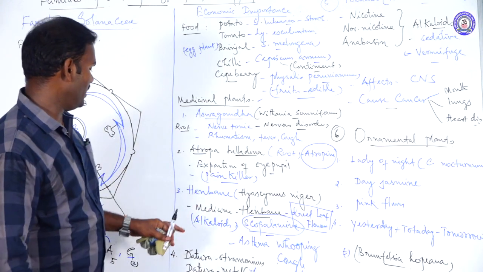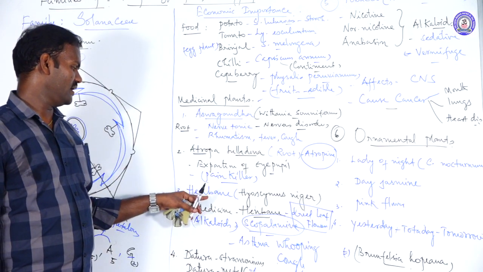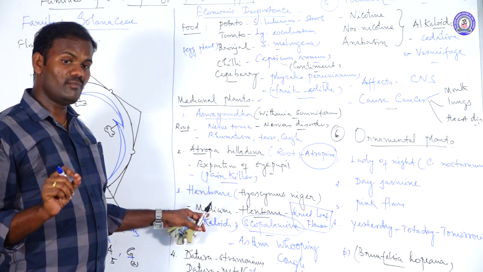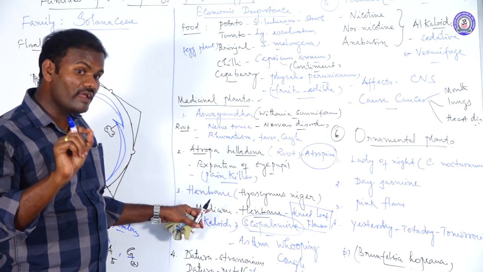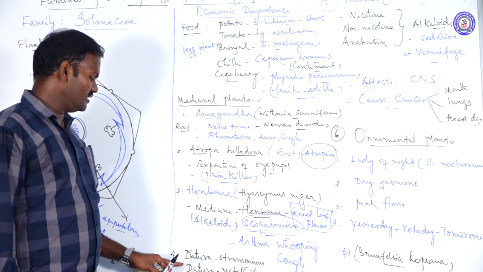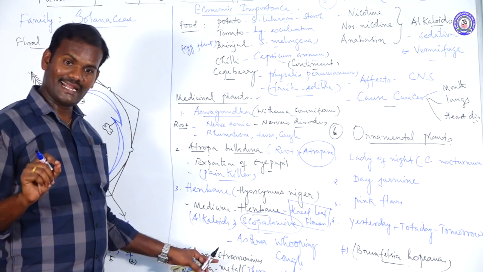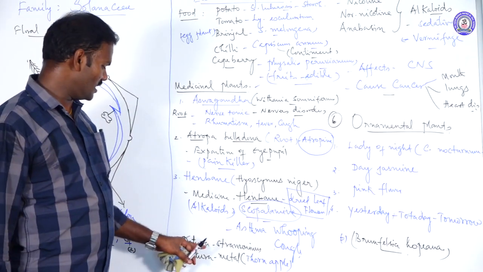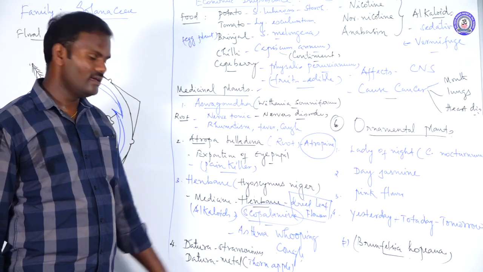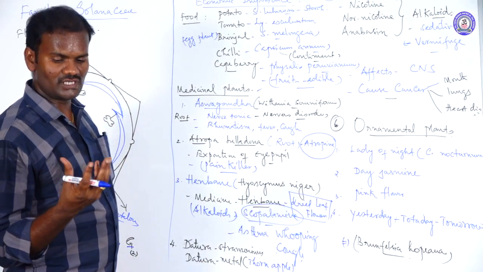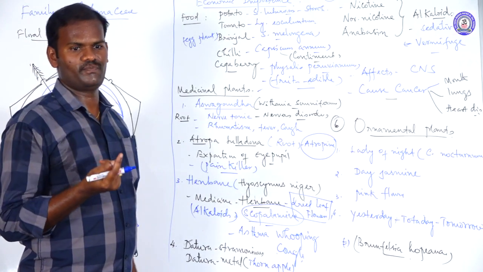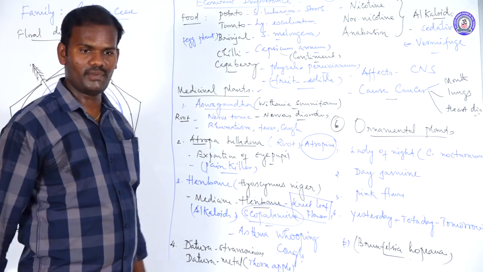So scopolamine is an alkaloid which is present in the medicine called henbane. Henbane is a medicinal name which contains the secondary metabolite, or chemical compound, or curative property, that is called scopolamine. Another one, Datura metel, Datura stramonium. It is commonly called thorn apple because the fruits are completely covered with external stiff hair-like outer growth. A stiff external growth, that's called thorn apple.